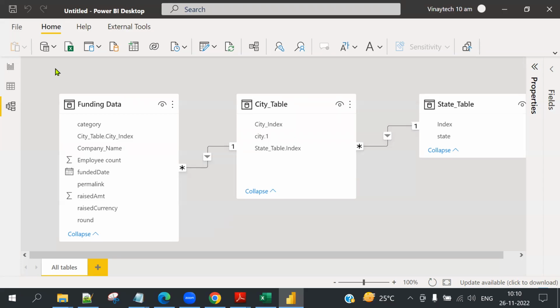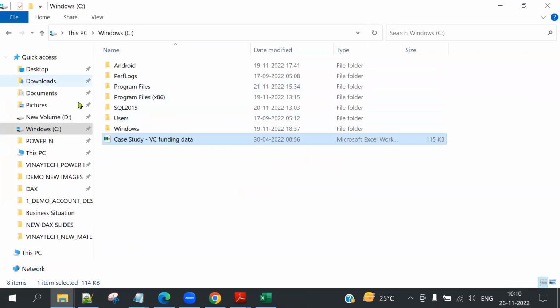Multiple topics we used, not one or two. Even in our real-time business situations, it comes like this. To identify the necessary transformations, to identify the necessary modeling, and we have to implement. Over. This is one case study you do, and one more case study I will explain, and that also I will do practically focused. At least you have good hands-on work today.